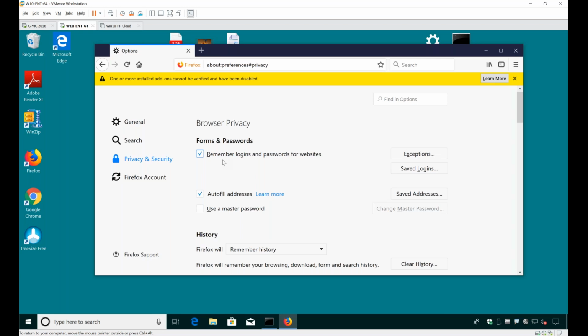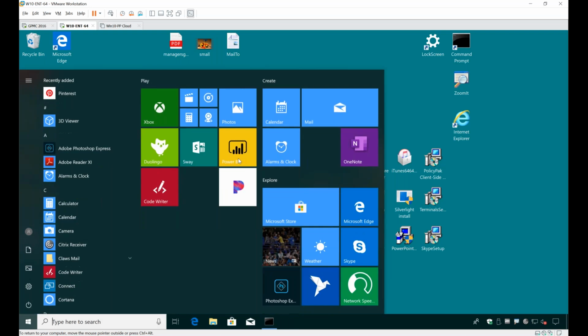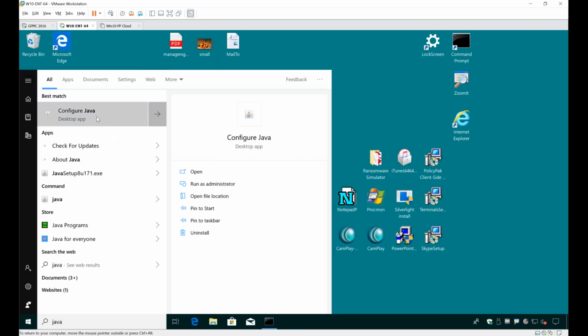If they've got a template, that's great. You can definitely use that. If there's no template for it, well, that's where we come in. So I'm going to set those things up in Firefox land. The next thing I'm also going to show in the same demo is configuring Java.